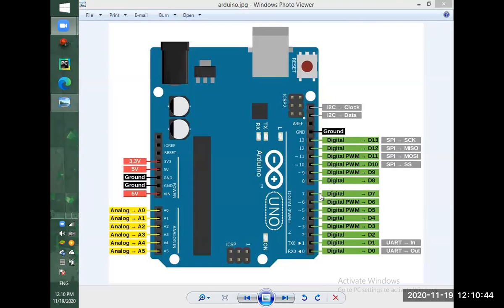And now the analog. Analog means we have small changes in the current, in the signals. For example, we have the regulator in our fan. If we want to turn on our fan very fast, then we put it on 5, and if we want it a little bit slower, then we take it to 4, then 3, 2, 1, 0. So it means that it has different levels of signaling.